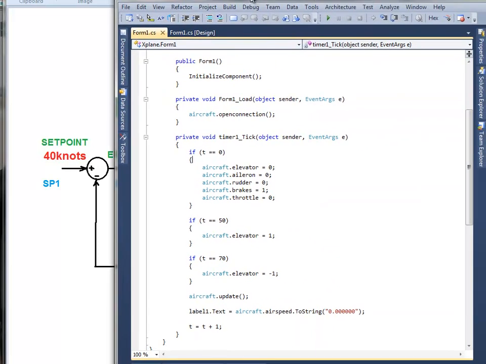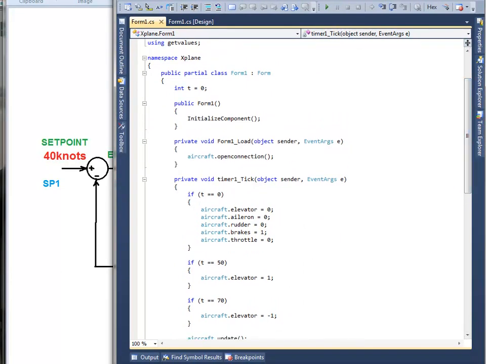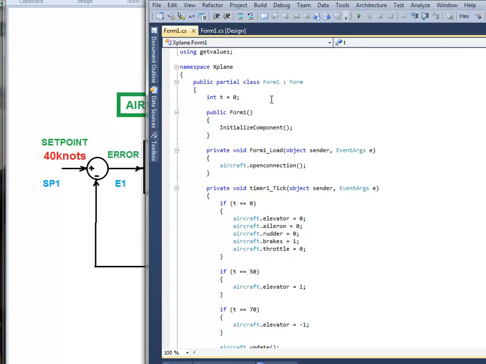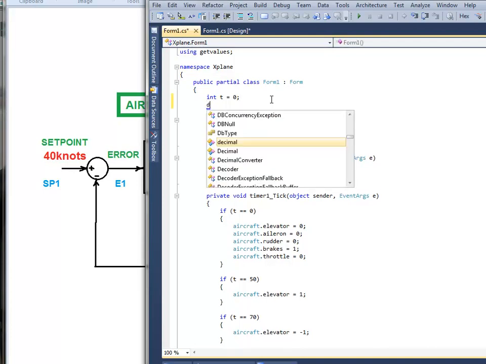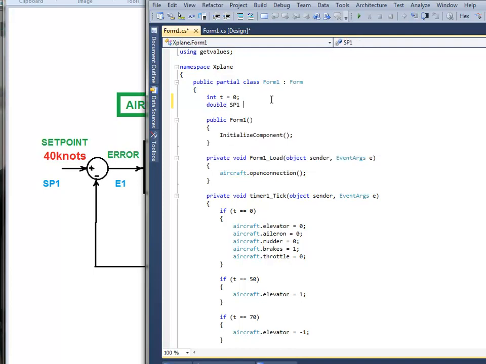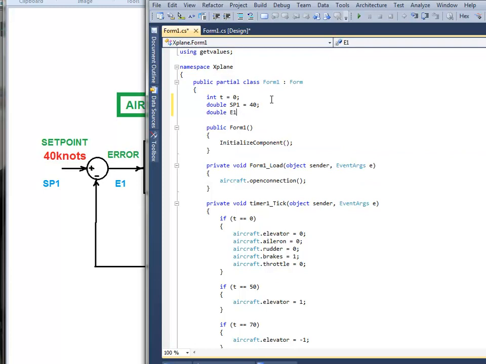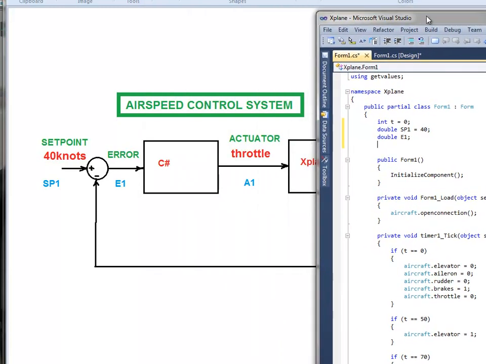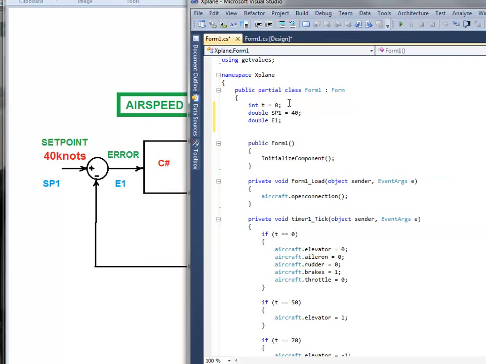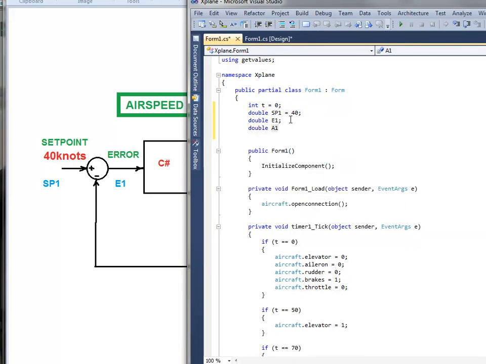So let's bring our code in. This is our basic code from the basic demo. We need to just put in the set points. Let's have set point 1. Let's make it 40. Then we need to declare the variable for the error, E1. What else do we need? Two more variables, A1 and MV1. A1 is the actuator, which is the throttle,